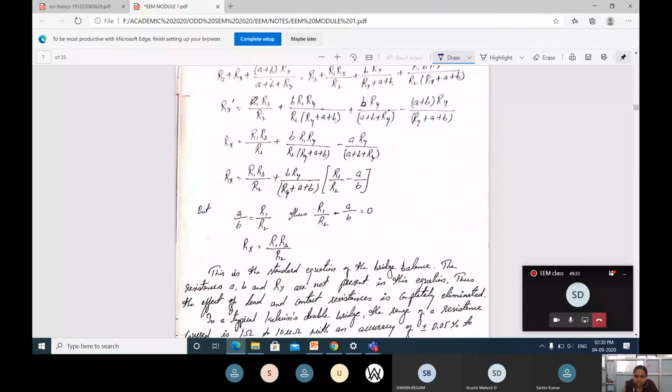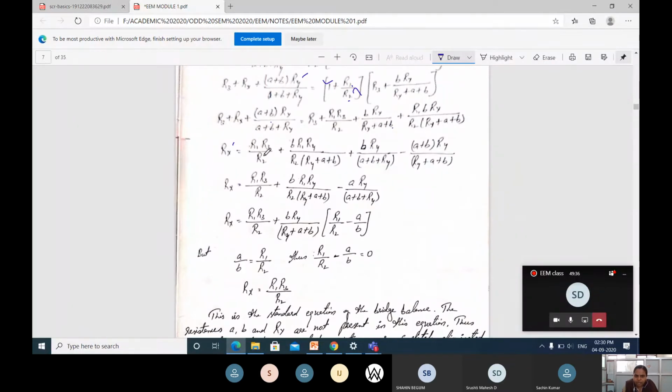Next, what you have to do? This part is the same as it is. Then B R1 Ry divided by, this is also the same. Here it will change. What is going to change? Here A plus B is there. What can I write here? A plus B, A into Ry, and this part as it is in the denominator, then minus B, because A plus into minus, again minus, okay, B Ry divided by the new denominator